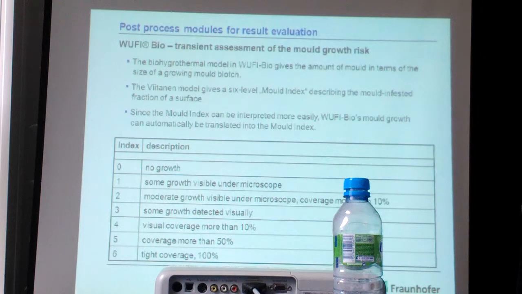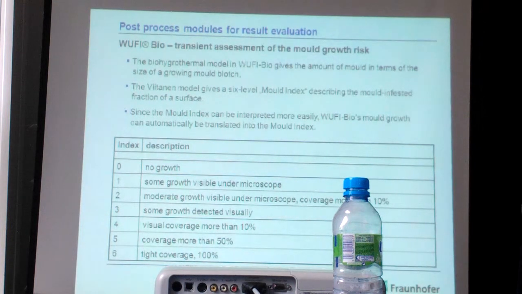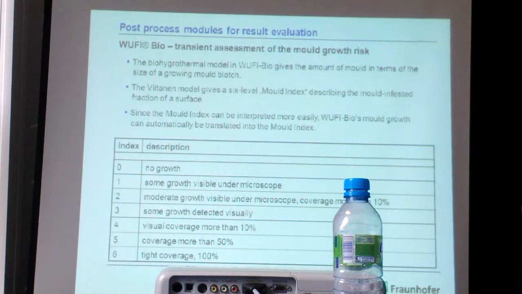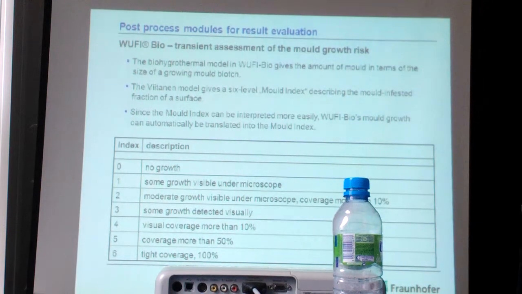The first thing I did, I modeled the gypsum board as one layer, and then this gypsum spot. That didn't work because it's not getting even close to the spot. It's not getting moist enough. But then I had the idea that the gypsum board is two boards of paper with the middle filled with gypsum. And when I modeled that, I got conditions where it could mold. So this is a 2D evaluation? Yes. But there's no official